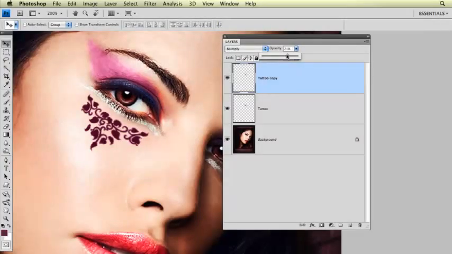Okay, now I'm just going to play around with the opacity of both of these layers, and just to get them to blend in to her skin a little bit more. And that's not bad. Cool. You know what? They both look a little too sharp. So what I'm going to do, let's see which one's the most. I'm going to click on that tattoo copy, the one on the top,